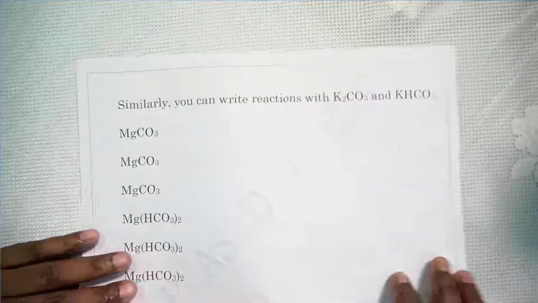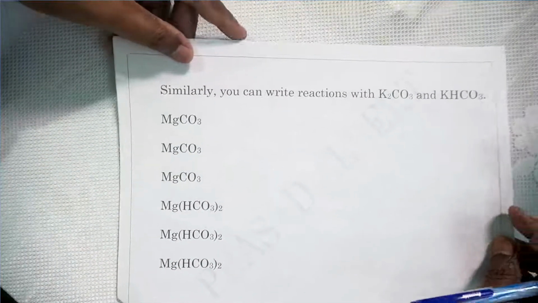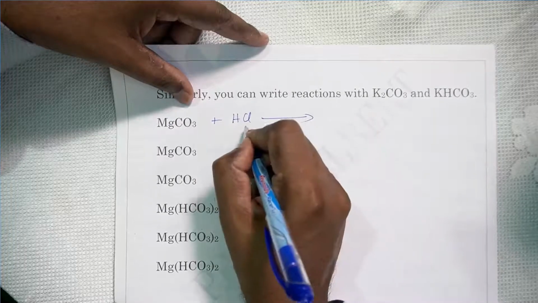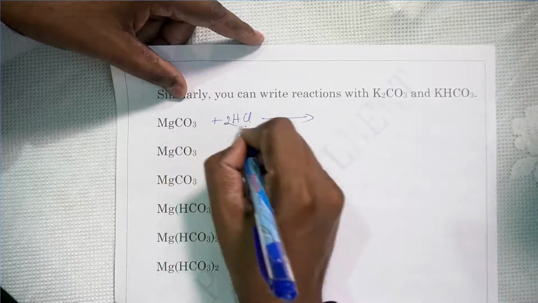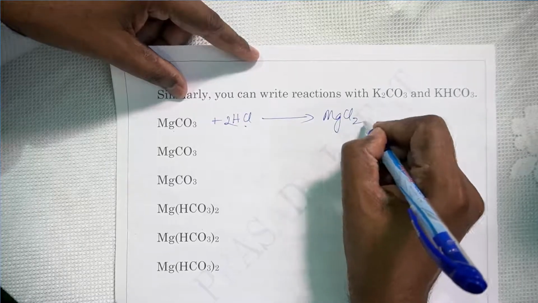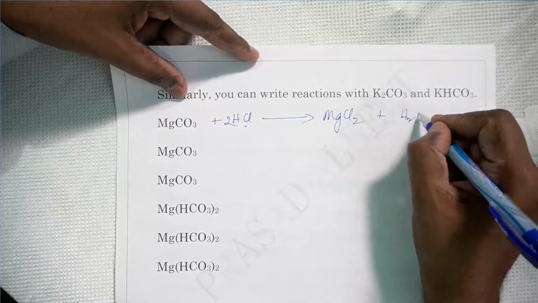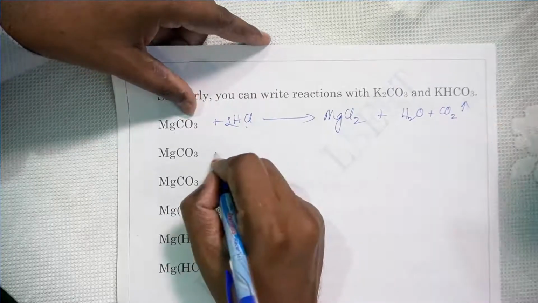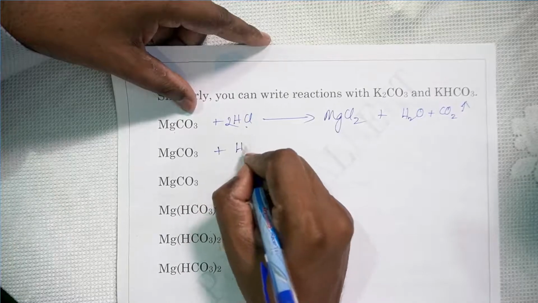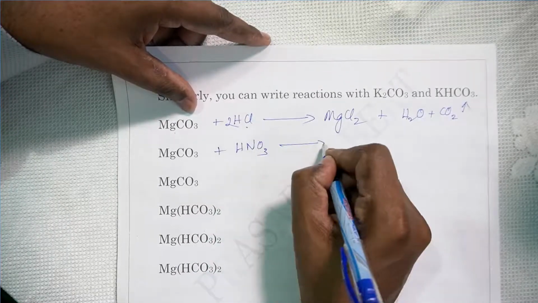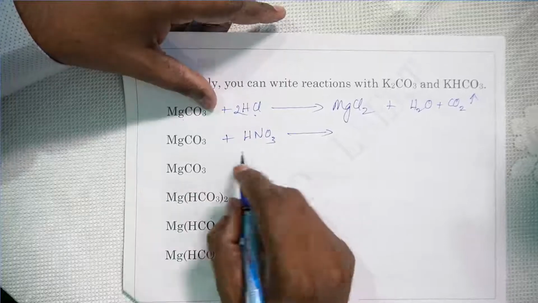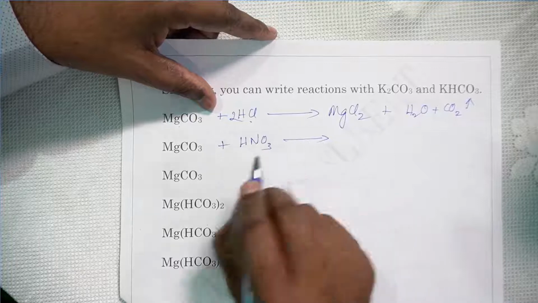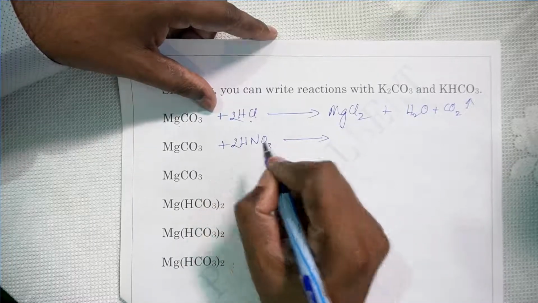Now let's take some divalent metal carbonates and bicarbonates here. MgCO3 plus HCl. As I said, monovalent and divalent. So there has to be 2 HCl. MgCl2 will be produced here, and H2O and CO2. One carbon only, and that's it. It is balanced. Now HNO3. Never write unbalanced equations. Okay. So it is important to balance the equation. An unbalanced equation is considered to be no equation. So equation means it should be equal on each side, right? So 2 will be required here.